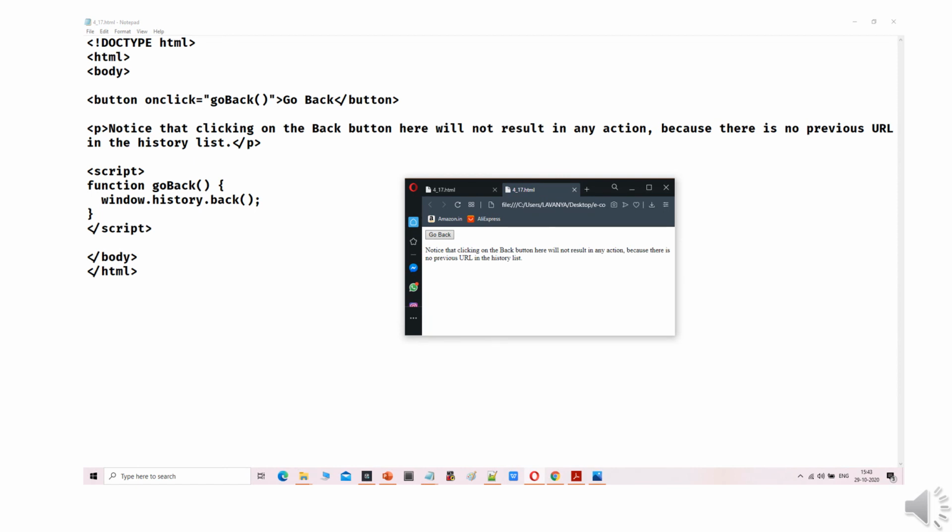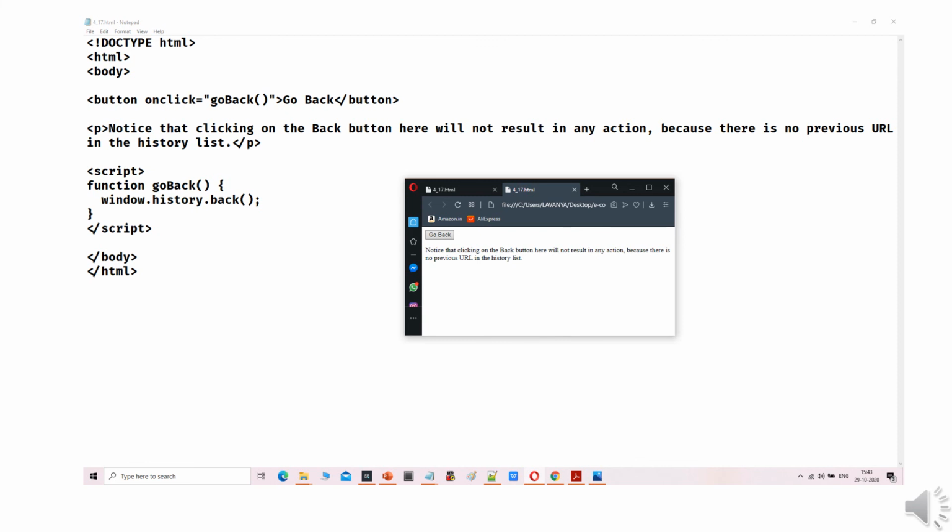See here, this is a program for the history object. DOCTYPE html tag, body, button, onclick is equal to goBack, meaning it will go back. Then there is a note for clicking the button, and then in the script tag there is a function goBack, window.history.back, end of the goBack function, end of the script, end of the body, end of the html.